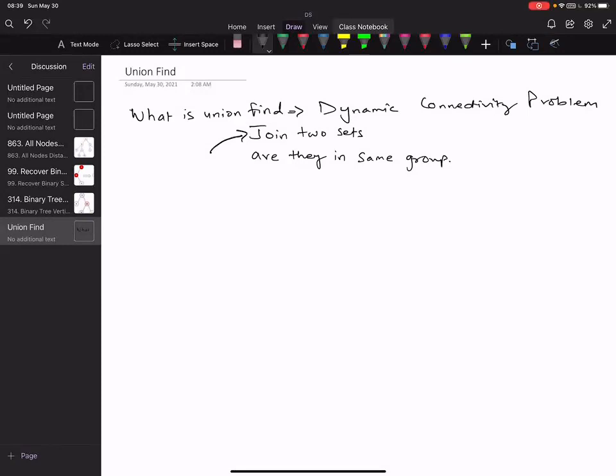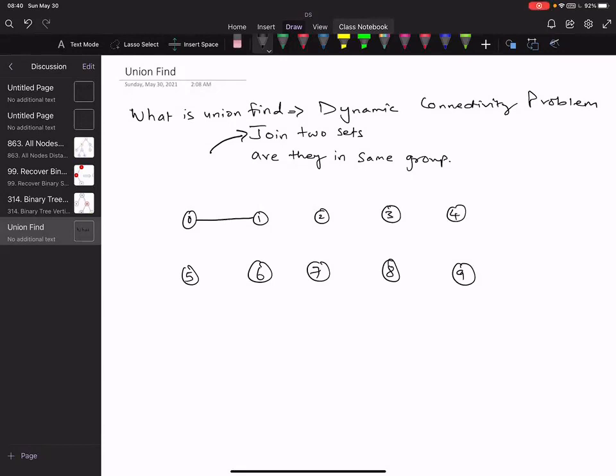For example, let's say these are all my elements, right? I want to say join 0 and 1.